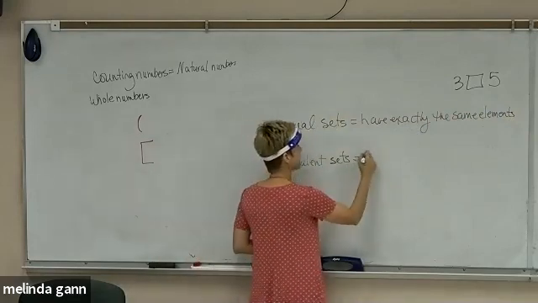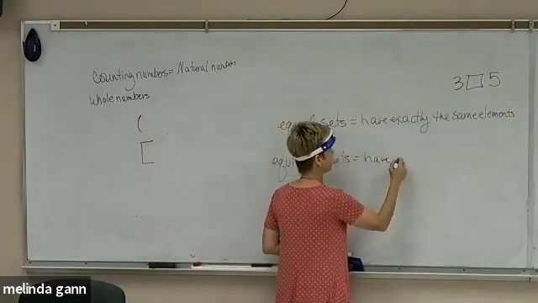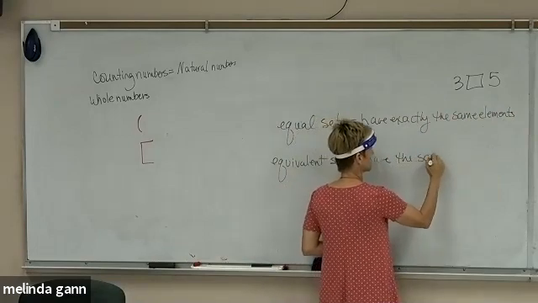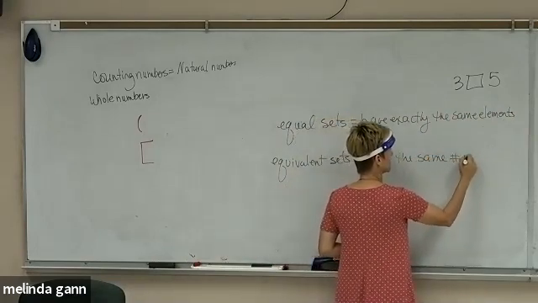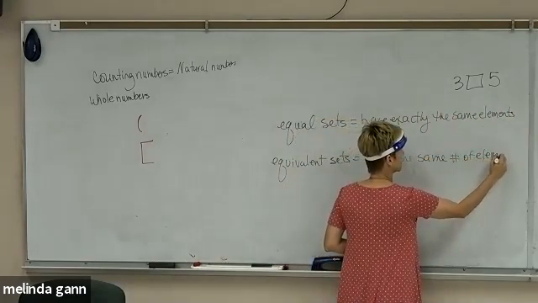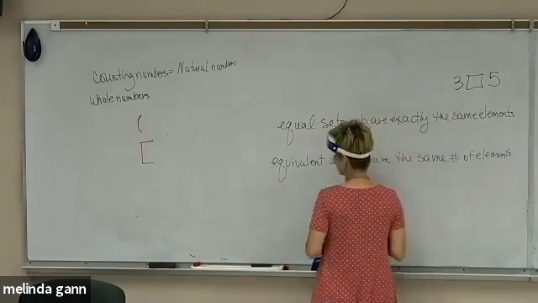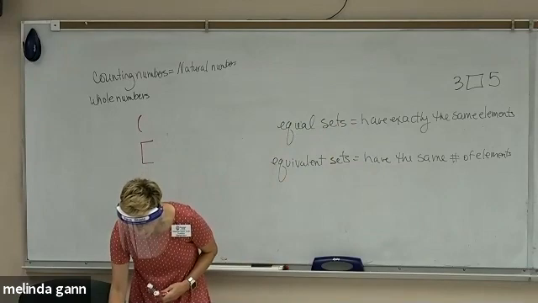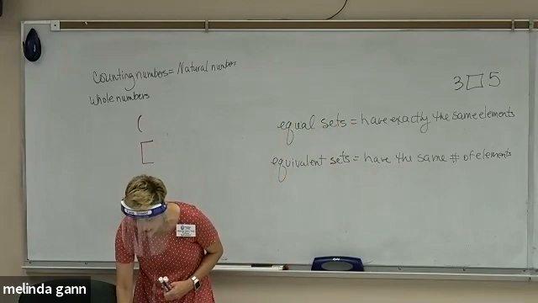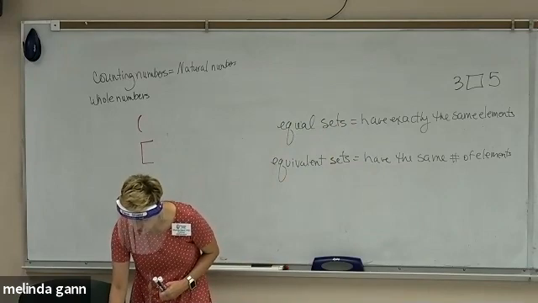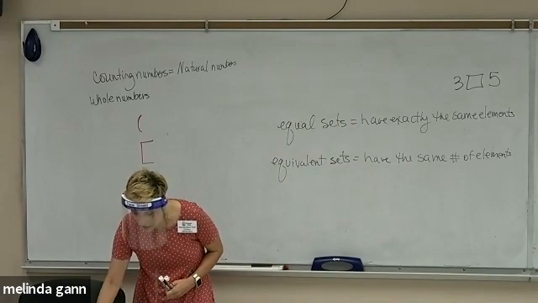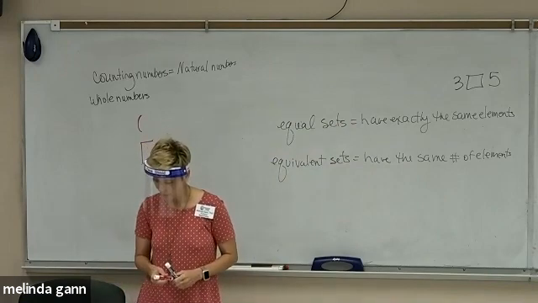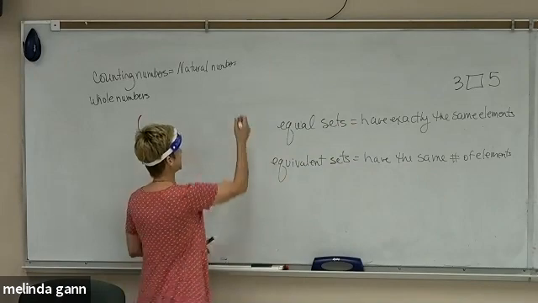Equivalent sets have the same number of elements. And those are not the same thing. So if I ask you if the sets are equal, I'm asking you, do they have the same things? If I'm asking if they're equivalent, I'm asking you, do they have the same number of things? Okay? So does everybody understand